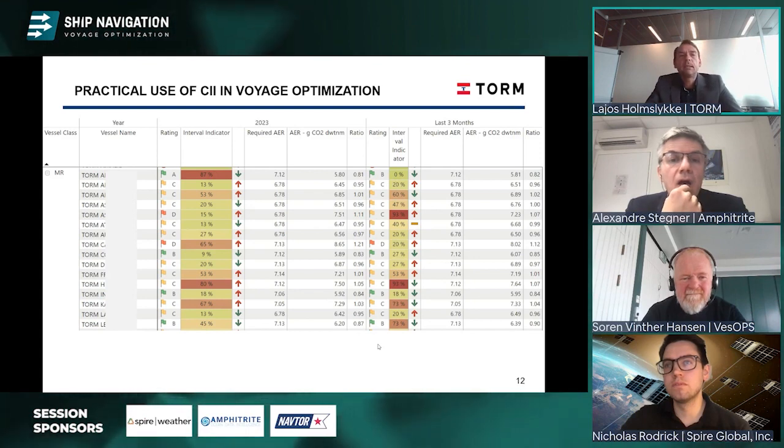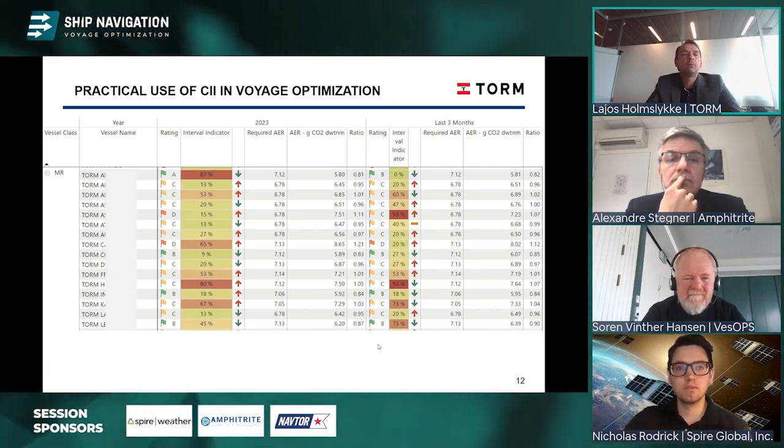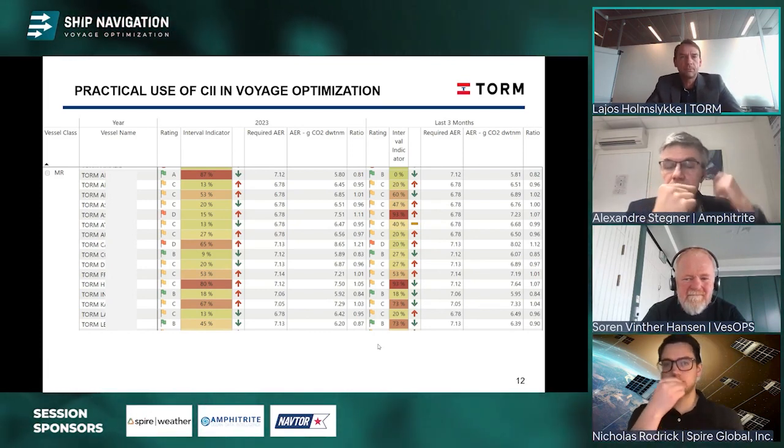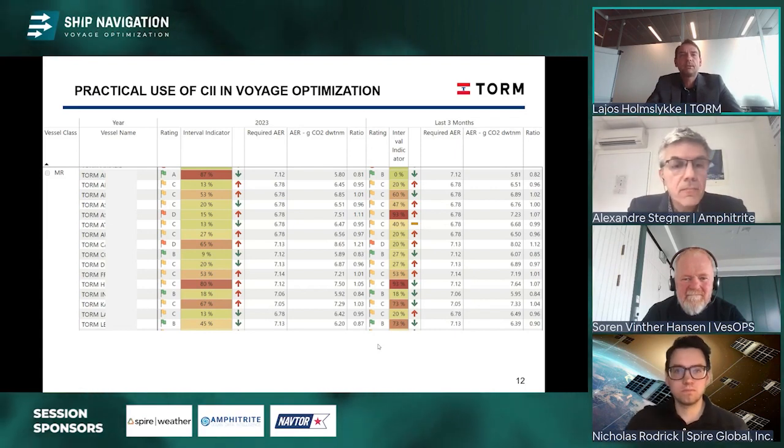We feel that we are capable of handling each of our vessels and making sure that they will become compliant with these CII rules. I know it's not what you expected to hear, but